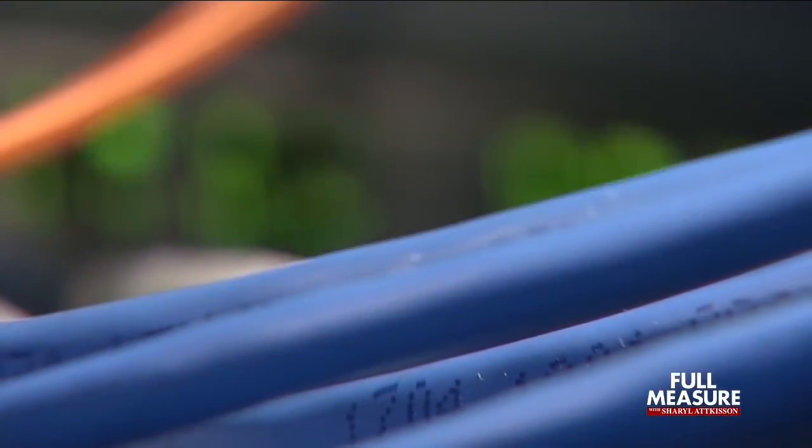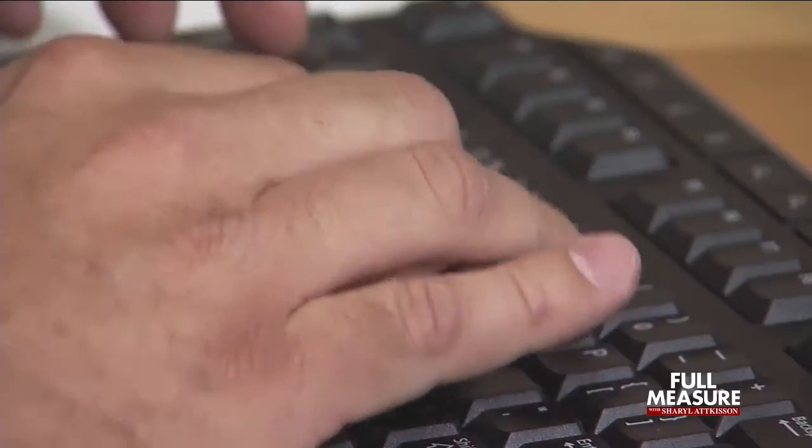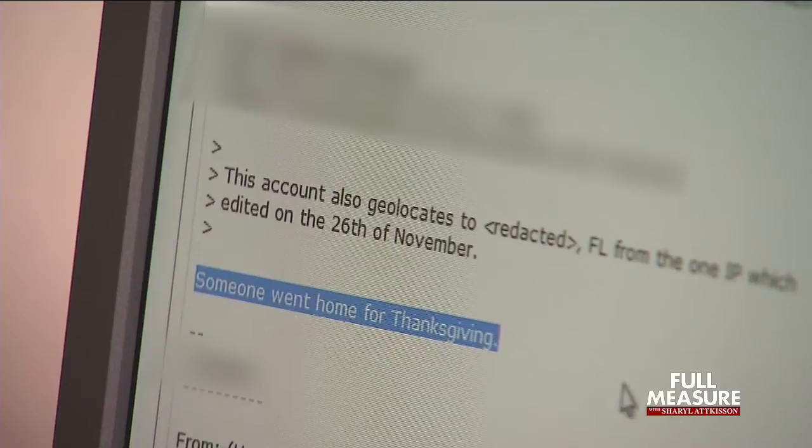They went to great lengths to track him using inside information and computer addresses. They researched where Coase grew up and traced his movements all the way to Orlando, Florida, where he was making edits while on vacation. Wikipedia editors that you didn't know at the time were tracking your movements and speculating that you went home for Thanksgiving. That's absolutely correct. He only discovered that he was being tracked because somebody leaked these internal Wikipedia discussions about him. And then somebody chimed in and said, looks like someone went home for Thanksgiving to visit mom and dad. So you think you're editing with some degree of privacy, but if they want to, they can really start to